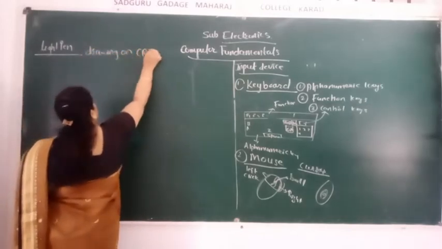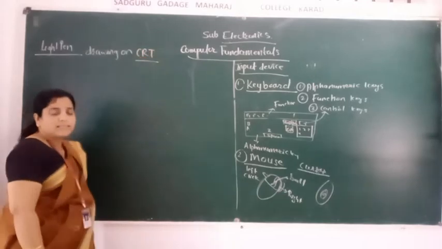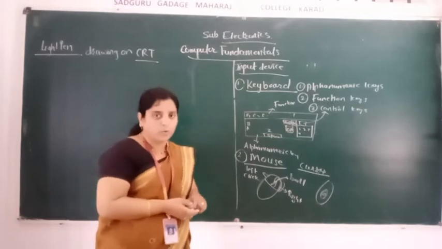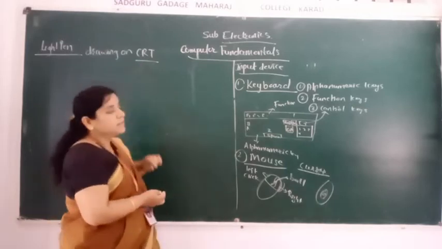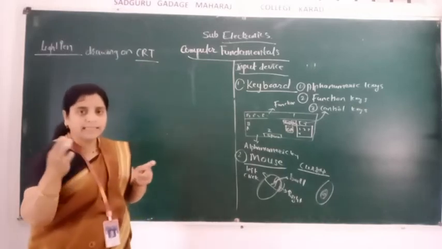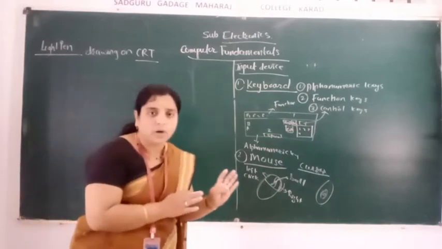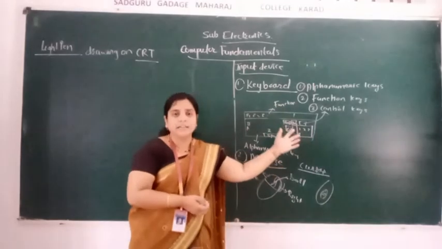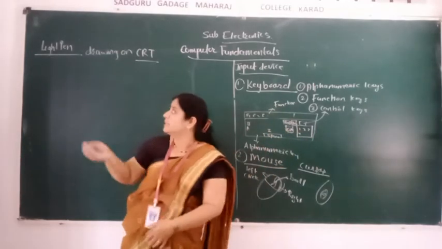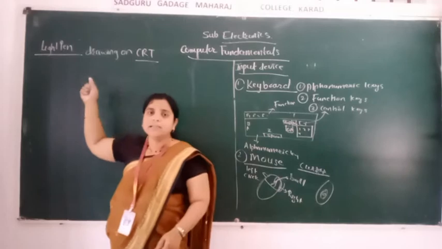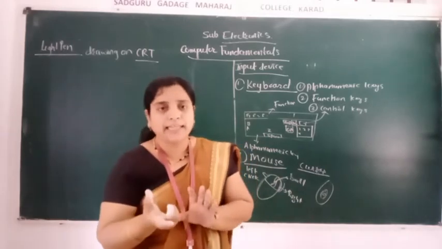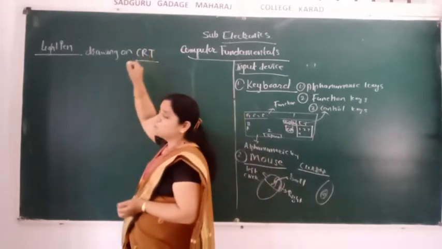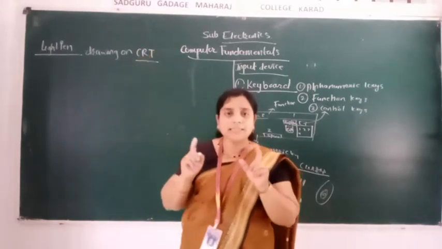What is CRT? Yes, we have seen the CRT in the instrument chapter. CRT is nothing but the cathode ray tube. In the CRT, what happens? Whatever we type is converted into digital form, then given to the CPU. But if the light pen is given as an input, then it directly enters the computer and is used for drawing on the CRT screen.